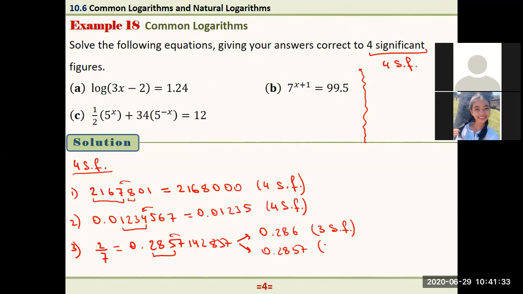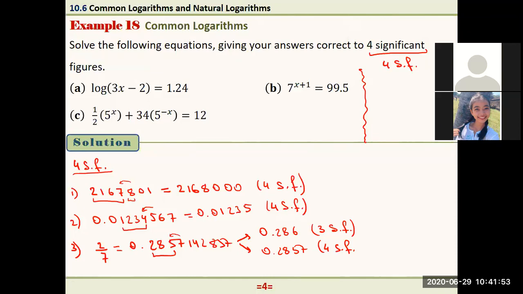What is it? 4 significant figures. Okay, there's no dot here. All right, that is the meaning of significant figures. So now I'm going to solve these equations one by one, since now we know what we mean